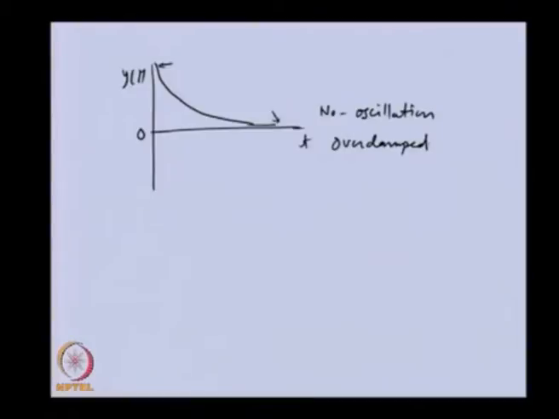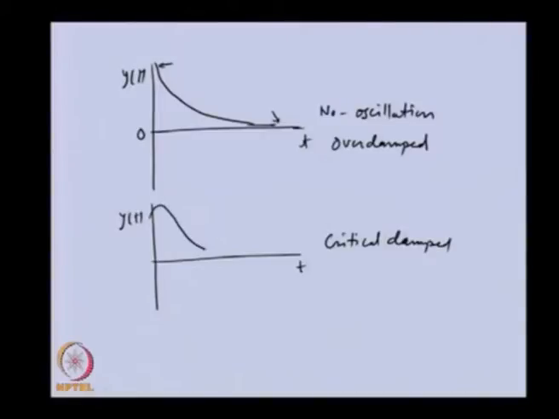For a critically damped system also similar behavior is there, in which gradually it comes to rest. For a very special initial condition, sometimes for a critically damped system, it may cross once only. So this is a special velocity initial condition we need to give, by which it can cross once.